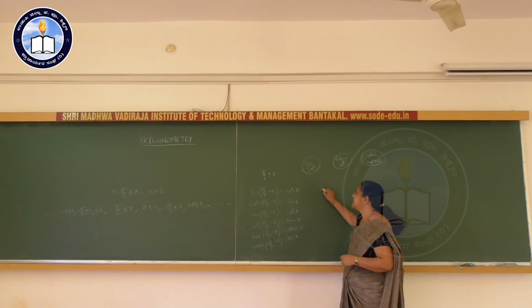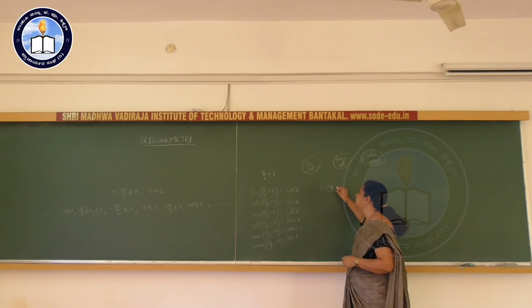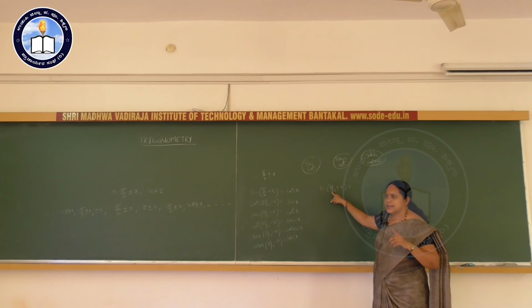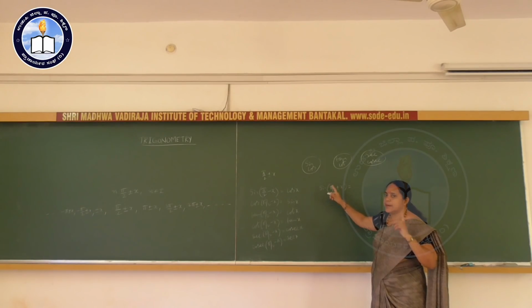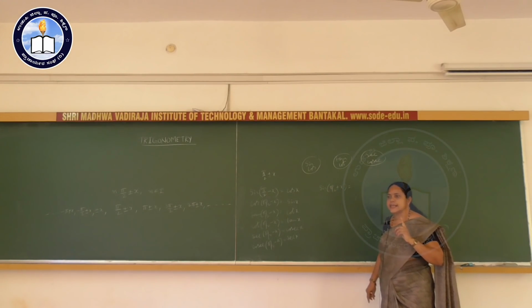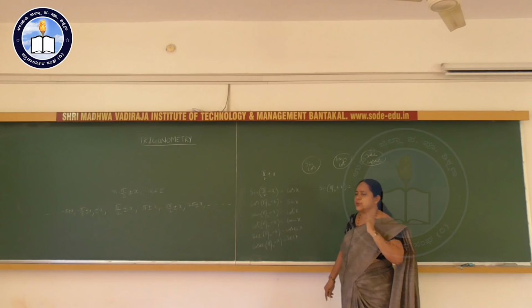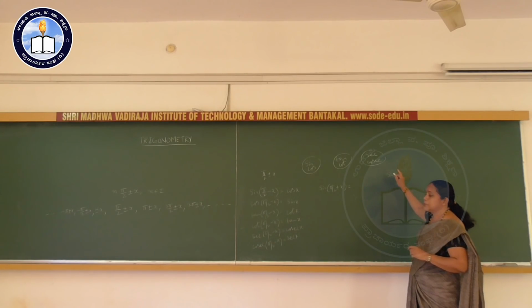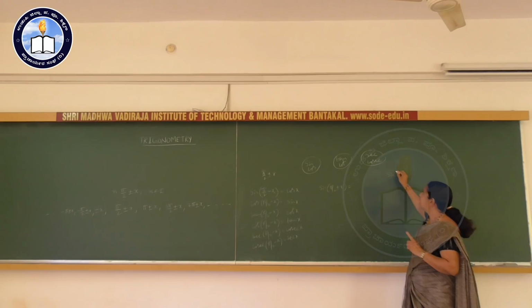Now, what is sine of pi by 2 plus x? Since this is pi by 2, remember students, the allied angles of pi by 2 and 3 pi by 2. Note this students, the allied angles